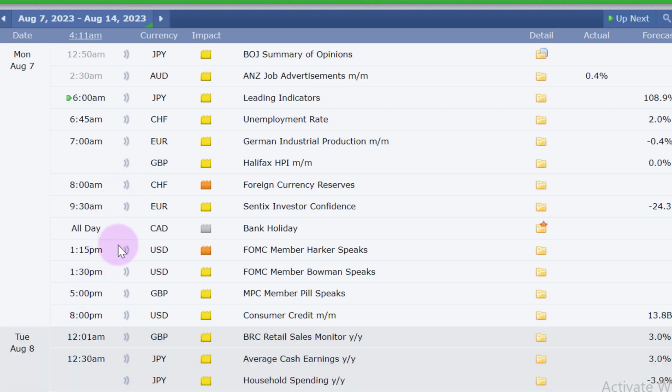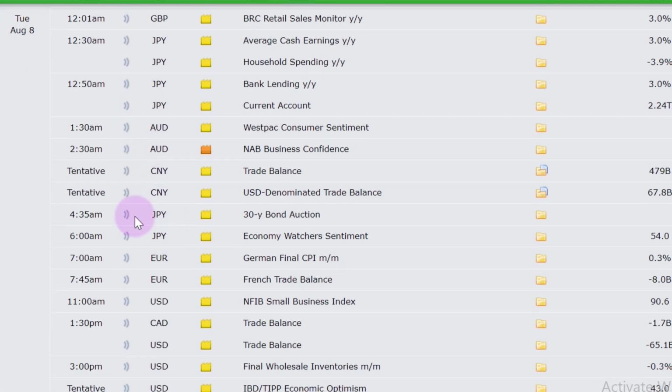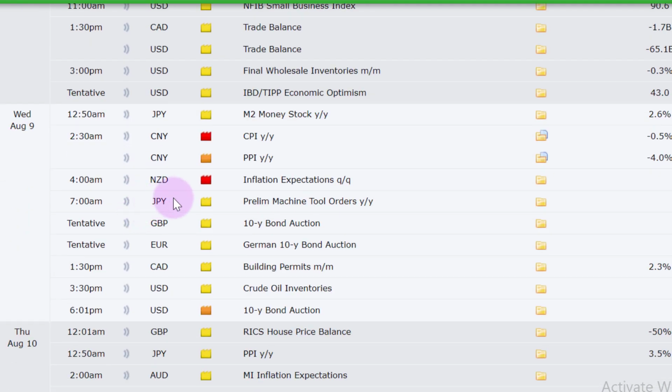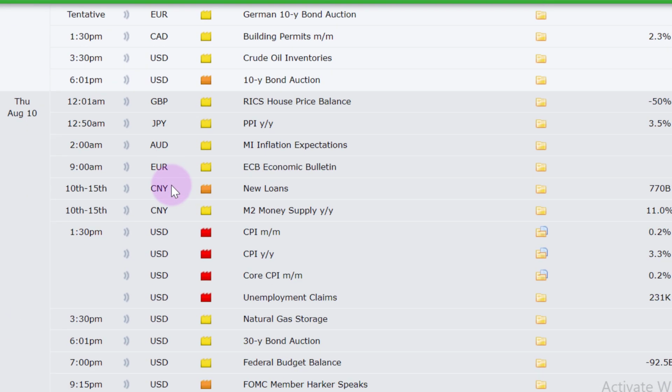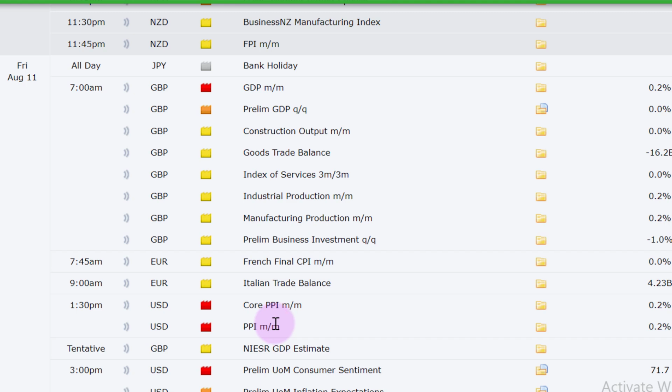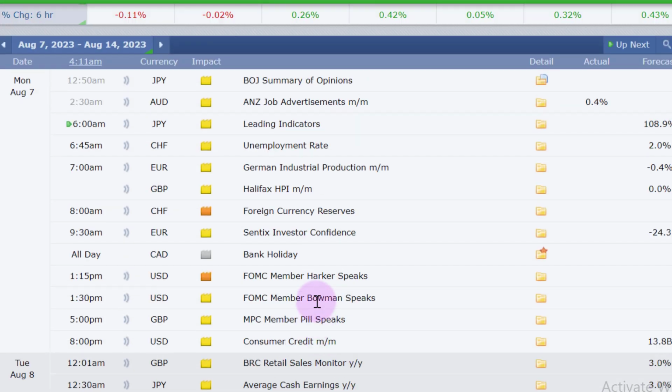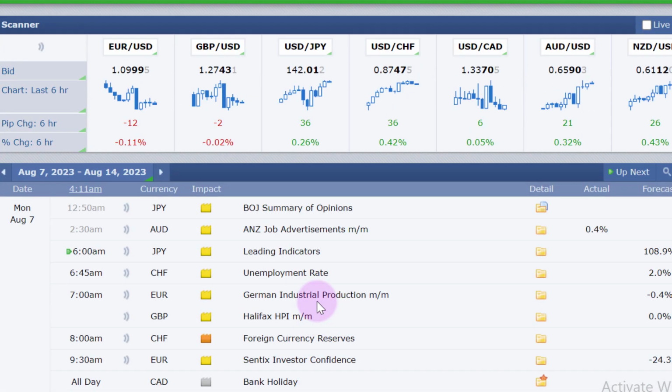Okay, then you should just go through Tuesday, Wednesday, Thursday, Friday. Take note of when these events are going to happen. On Wednesday we would likely see CPI on the CNI and high impact on NZD, alright, New Zealand dollar. Thursday we have CPI also on the dollar around 1:30 p.m. So just go through and see the type of events and when they are going to come into the marketplace. Okay, usually why this is important is because price would usually form the high or low of the week around the